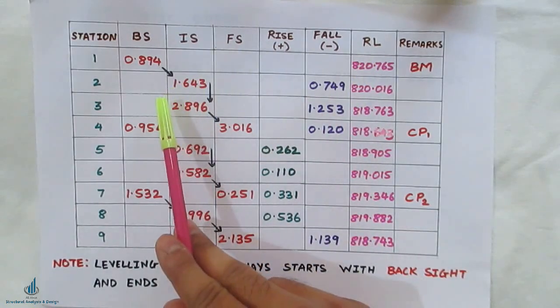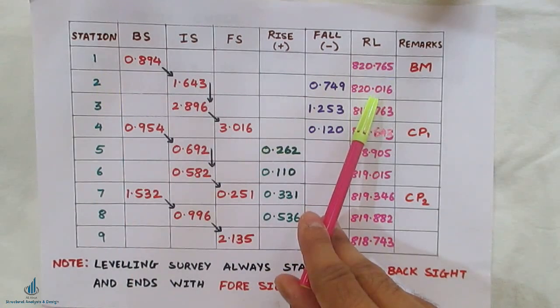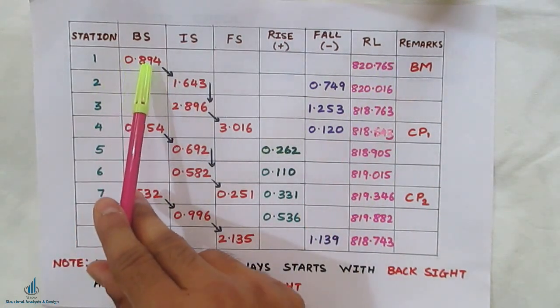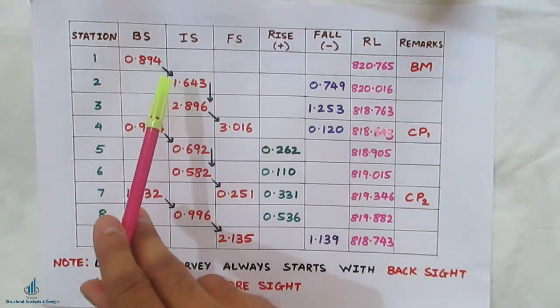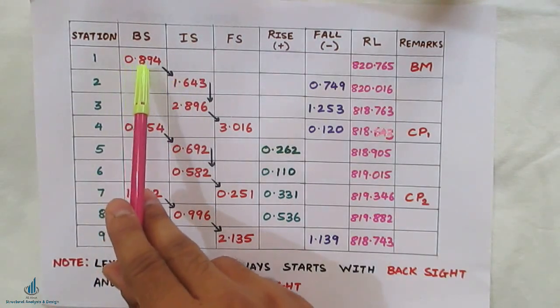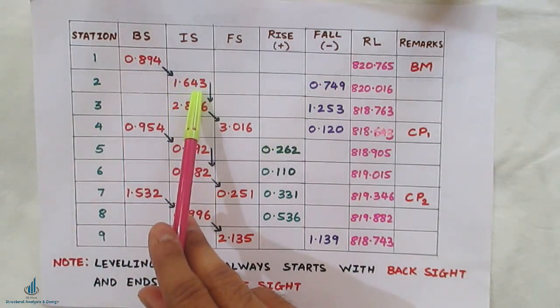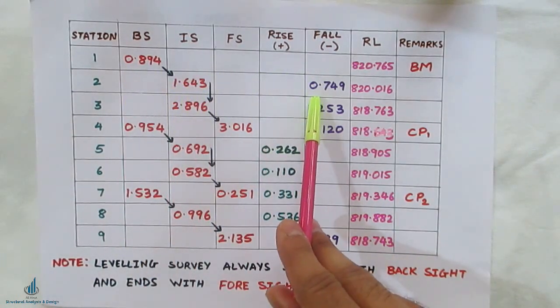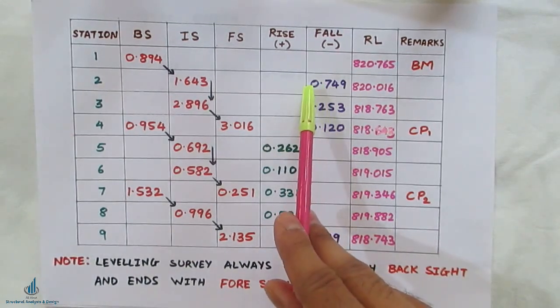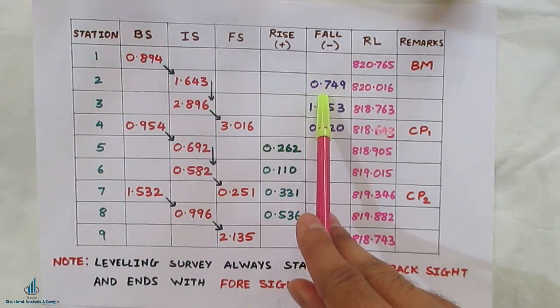So for the second RL, if you want to find it out, what you have to do is just subtract these readings. Okay, I have given the arrows. So 0.894 minus 1.643, so the reading will be 0.749. I have not written the minus sign because obviously it is in the fall column, therefore it will be the negative